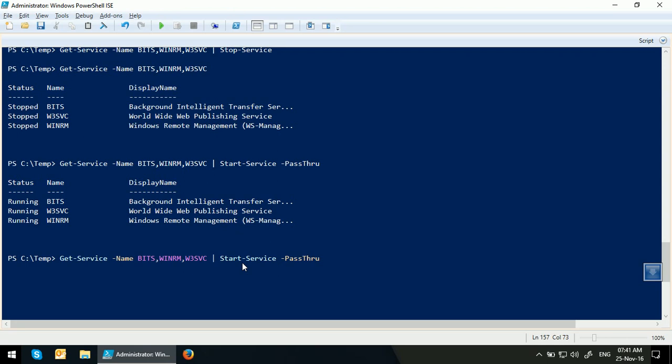Now, if I want to export the list of services, since I'm exporting, I will not filter out the results or restrict the results to a few services. I will pass this to export CSV, and I can specify the path as services.csv. Now let's check what is the output in the